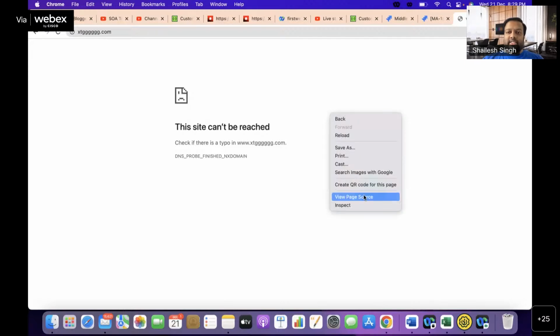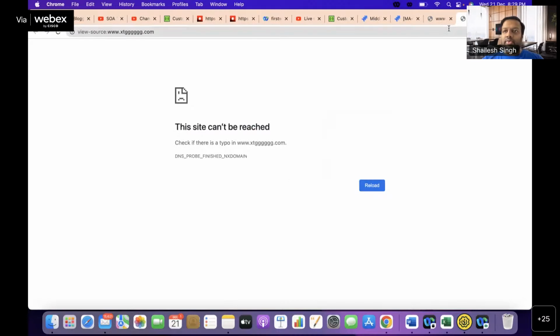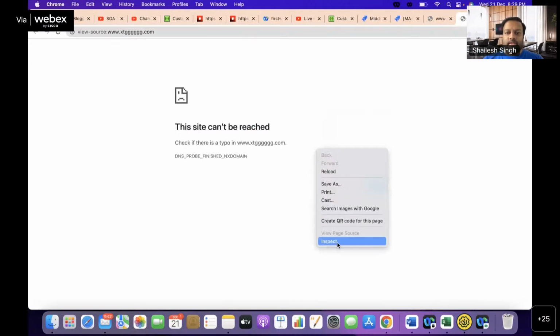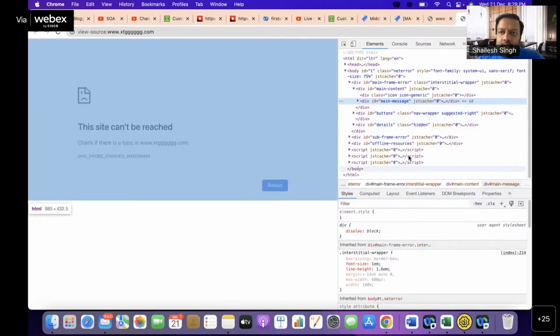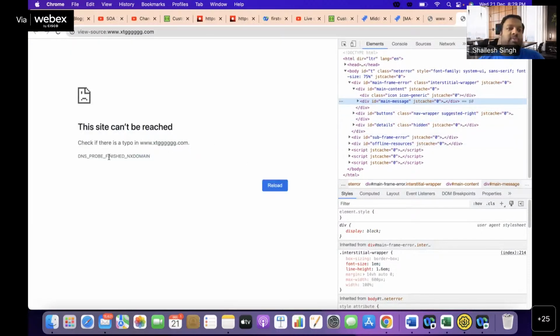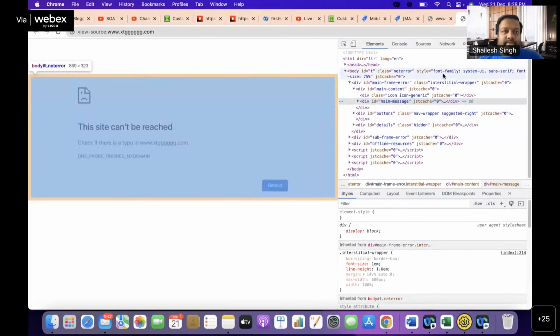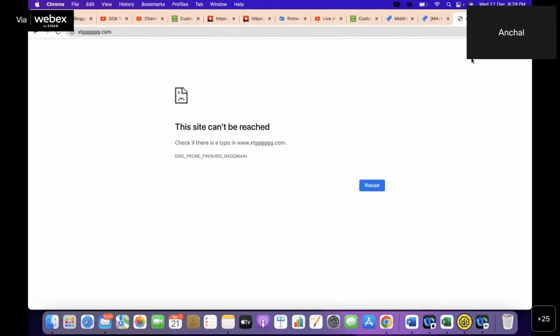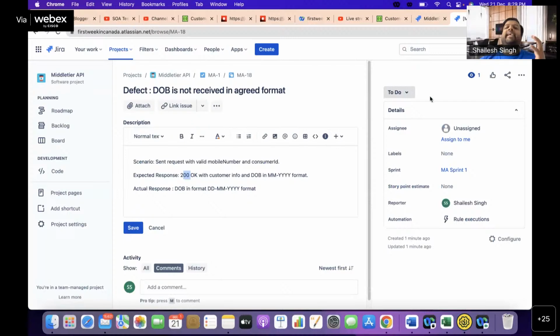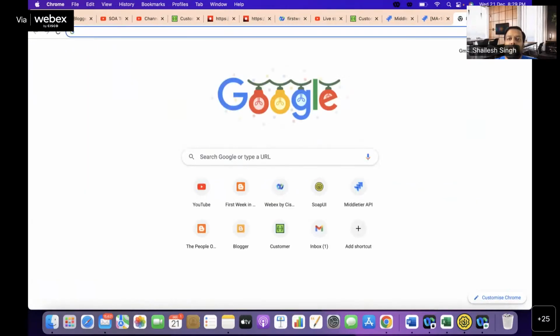If you open this, inspect the page, okay? Or page view source, okay? I'm not sure whether it will show anything or not. Let me try. So you will see 404 not found, okay, for this. It is not showing up here. But when you try to access any website on the internet, right, when you input a wrong password, anywhere,